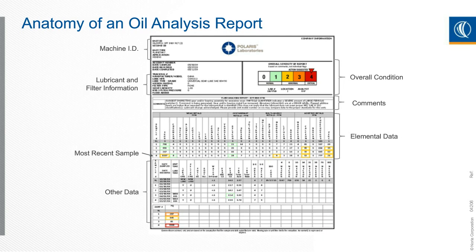And after that, you have a lot of the raw data, including elemental data, all the elements, whether it's contamination related, fluid properties related, wear debris related. And then you'll see other areas of data where it could be the ISO contamination code, the acid number, the moisture content, all kinds of information of what you might have had in a test flight for this oil analysis report. You also want to be looking for where the baseline sample is.